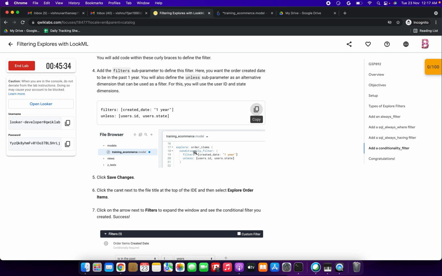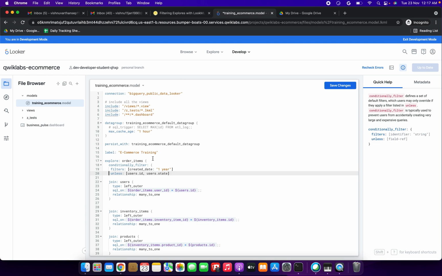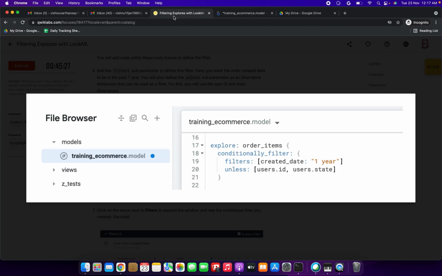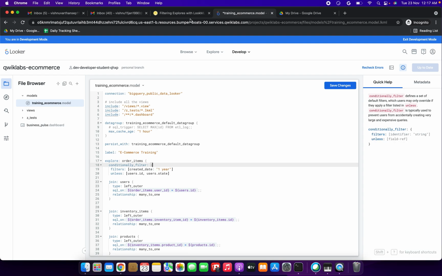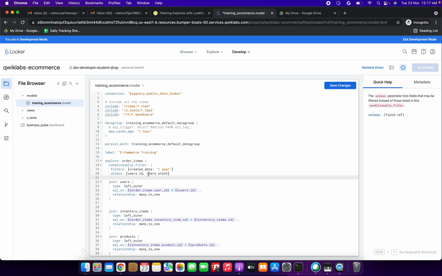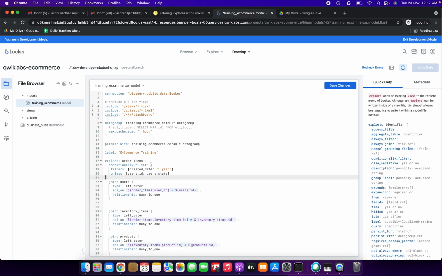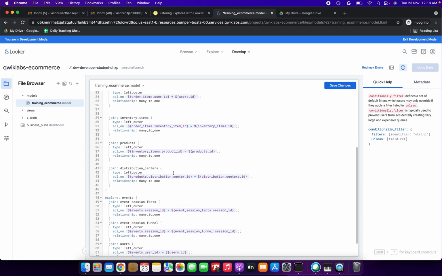After that, unless, we need to put some closed braces. You are noticing row 21, right? After that row 21 we need to put closed braces. I'm putting closed braces here and giving space. Okay, I think there is no error now.